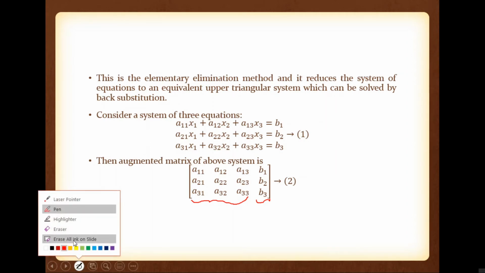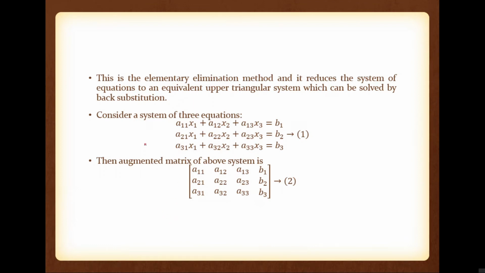So first we have the augmented matrix. Now step by step we are going to remove the elements, or step by step we are going to convert this augmented matrix into the upper triangular matrix. What is an upper triangular matrix? Upper triangular matrix means the lower elements, that is elements below the diagonal, must be 0. These A11, A22, A33 are the diagonal elements. So elements below these diagonal elements must be 0. So we have to remove A21, A31, A32. Is it okay? So please note, you can see that A11, A21, A31 are the coefficients of x1.